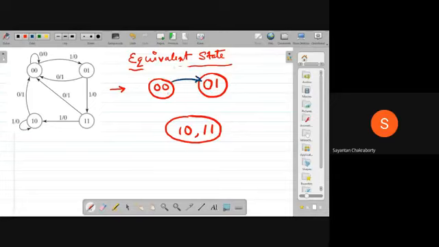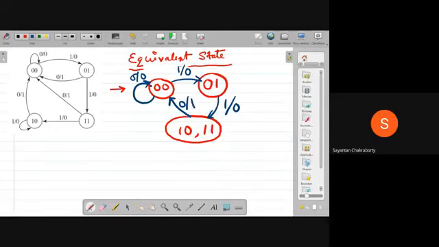So this transition will remain the same, 10 and 00. If it is at 01 and input 1 is applied, the output will be 0, and the next transition will be to 10 or 11, which is equivalent to 10. And if it is at 10 or 11, if you apply an input 0, the output will be 1